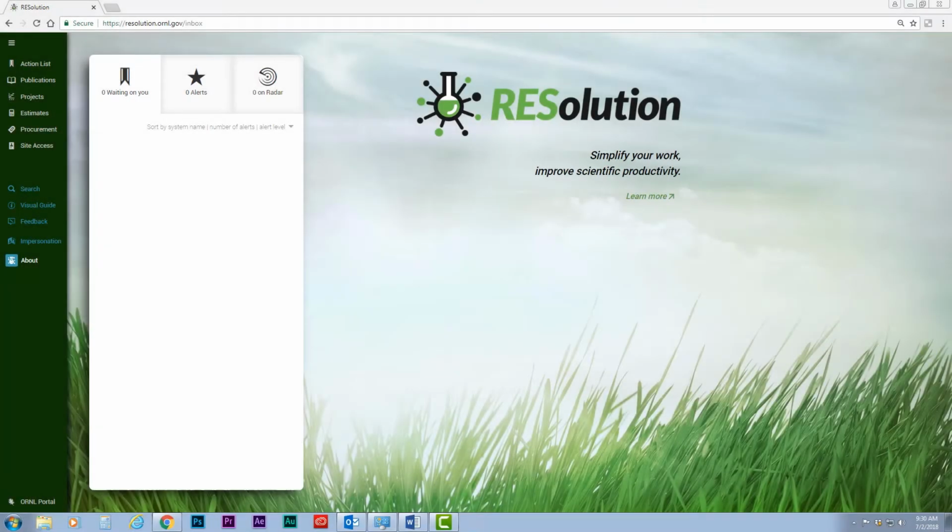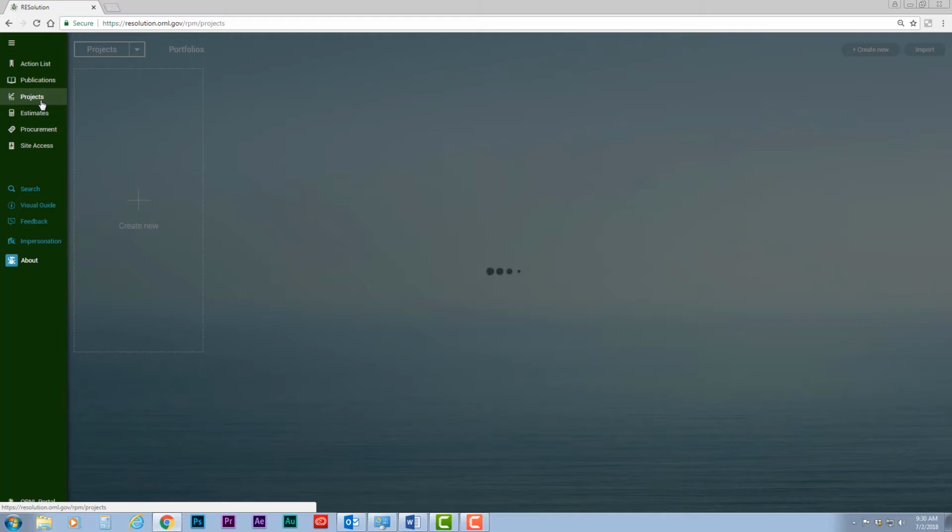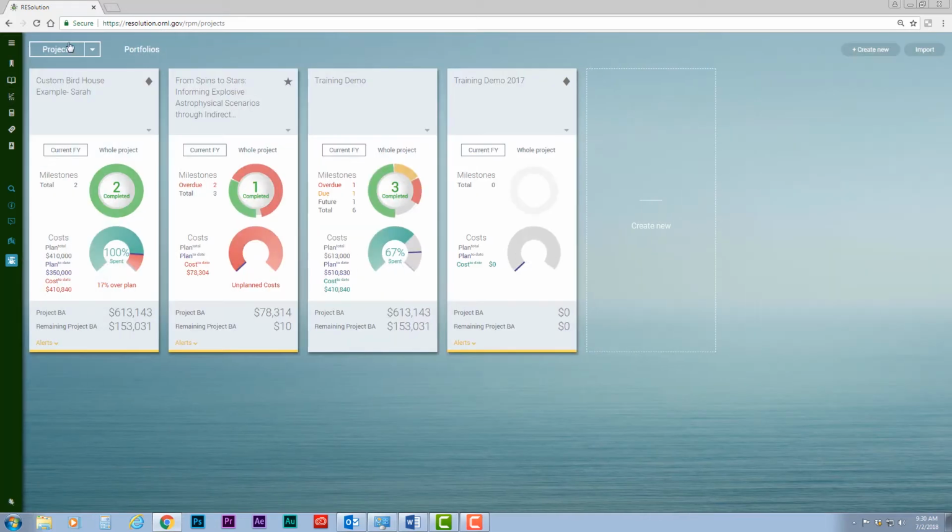Portfolio Dashboard is a feature in the project management tool that can be used to easily view the status of several projects at once. It can also be used to sort projects based on various parameters to more easily identify areas of concern. To access, open the Project Management tool in Resolution and click on the Portfolio link from the